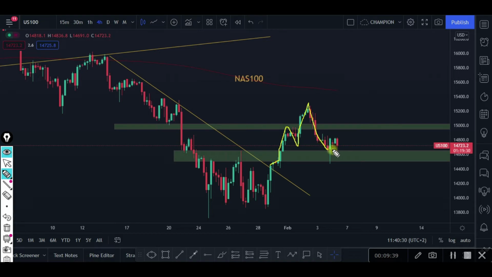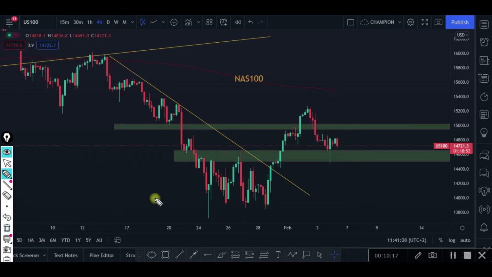We respected this area again. As you can see, this rejection candle. If you can see this rejection candle, this is our rejection candle to show us that the sellers have no power here, but now we will be pushing high. So what I can tell you today during the NFP fundamental news, if the price reaches this area and the fundamental news comes positive, I'm telling you, we push high. We're gonna have something like this,